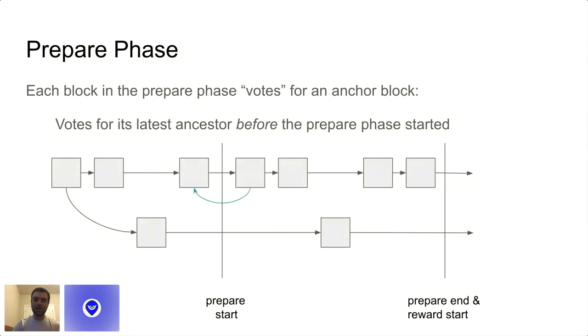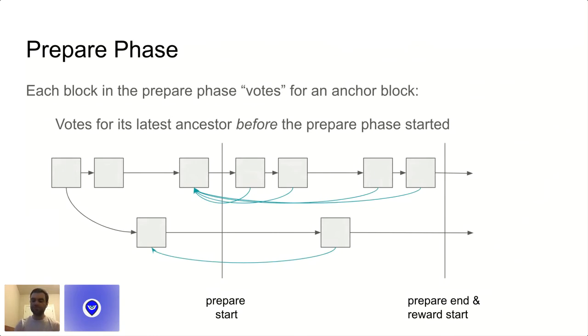So for the first block in the prepare phase, its latest ancestor before the prepare phase was just its direct ancestor. The second block in the prepare phase votes for the same ancestor. But the third block, because it's on a different fork, has a different latest ancestor before the prepare phase. And so it's voting for a different anchor block. And then the last two blocks in the prepare phase extend the top fork and are, of course, voting for